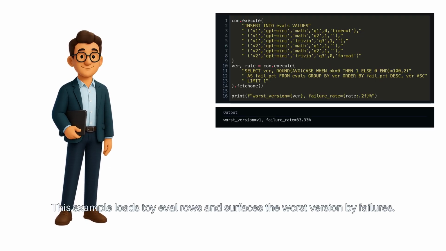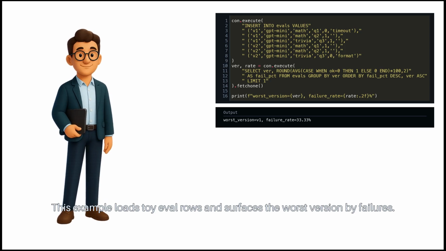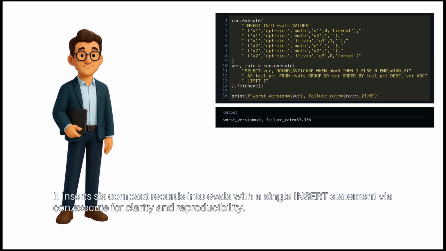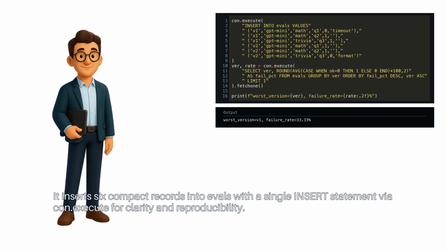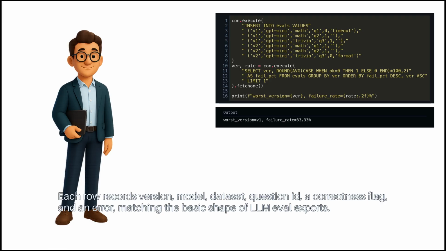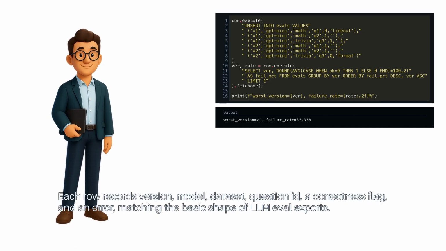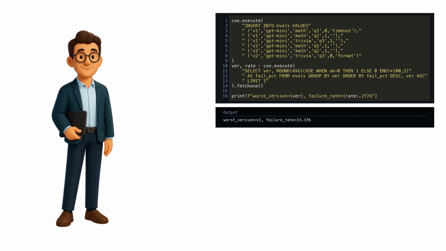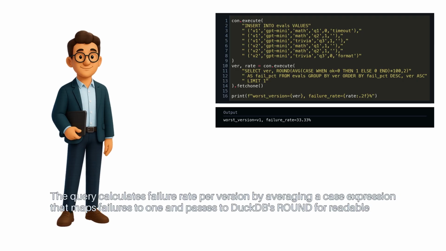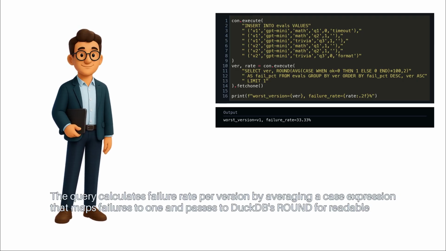This example loads toy eval rows and surfaces the worst version by failures. It inserts 6 compact records into evals with a single insert statement via con.execute for clarity and reproducibility. Each row records version, model, dataset, question ID, a correctness flag, and an error, matching the basic shape of LLM eval exports. The query calculates failure rate per version by averaging a case expression that maps failures to 1 and